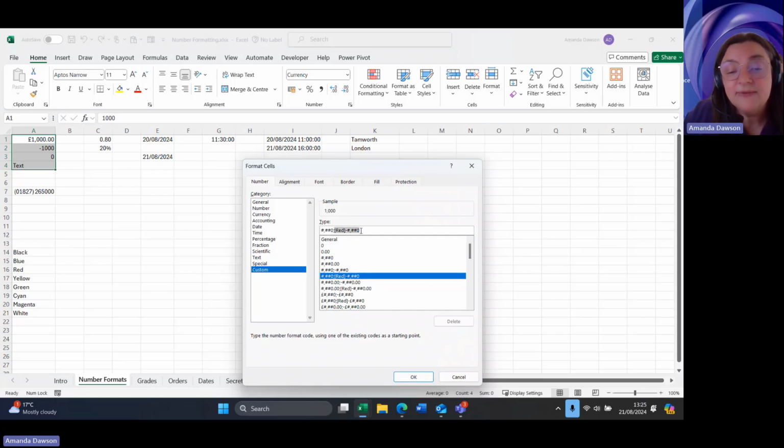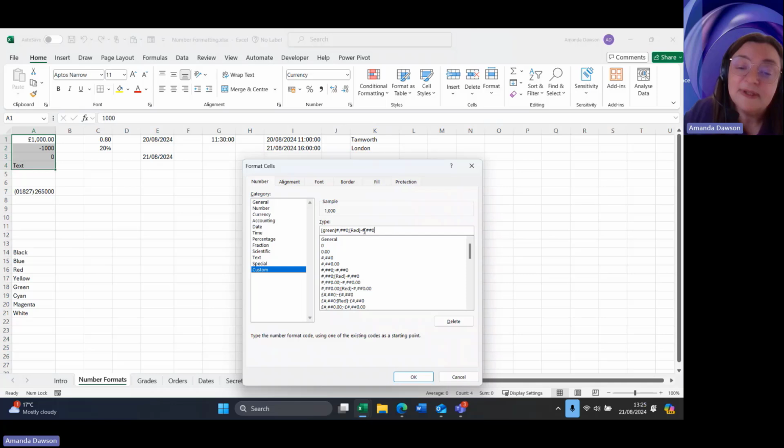This is my negative values, separated by a semicolon. And what I'm going to do is, just in front of there, add green. So any positive values should be green. And if it goes as far as 4 digits, it should have a comma for the thousand separator. All of my negative values will be shown as red, and they will have the thousand separator, but a minus